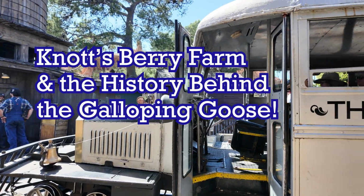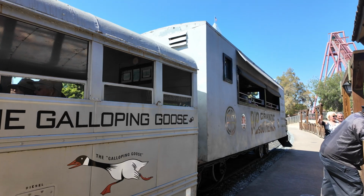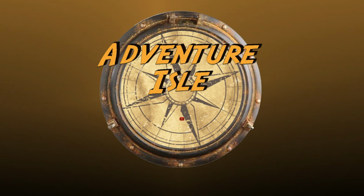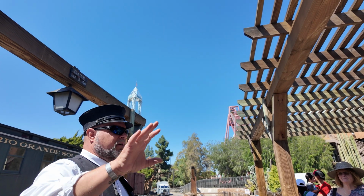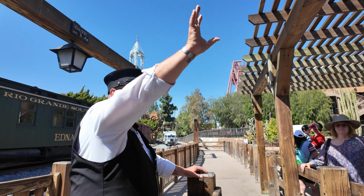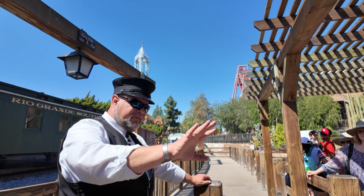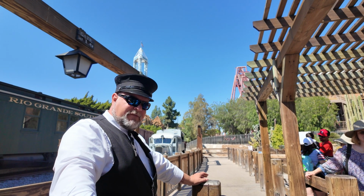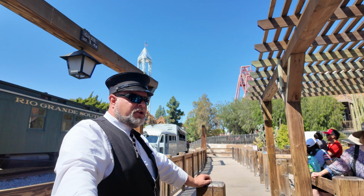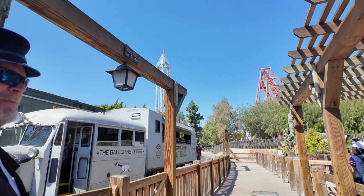So this is the Galloping Goose, and it only runs on very rare occasions here at Knott's Berry Farm. As you're looking forward, there's three pictures on the right. The front picture has the original body, that square limousine style. The middle picture has a different body, Goose 6 and 7 with a truck style body. And then the last picture is this one in